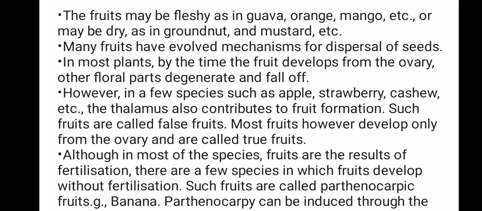Sometimes when fertilization does not occur, during that time the ovary withers away and falls down. But once the fertilization is over, the ripened ovary is called the fruit. Now, the fruit wall is called the pericarp, and it may be differentiated into three important layers: the outer epicarp, the middle mesocarp, and the inner endocarp. But the structure is quite different in the case of dry fruits. In dry fruits, an undifferentiated type of pericarp is present, which may be papery or woody. Is that clear to everyone?